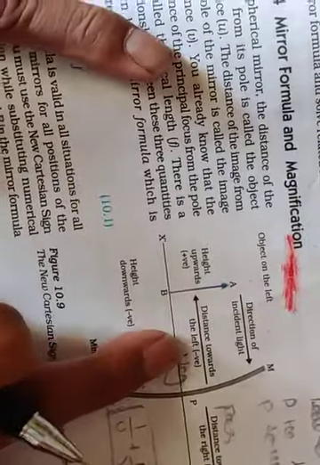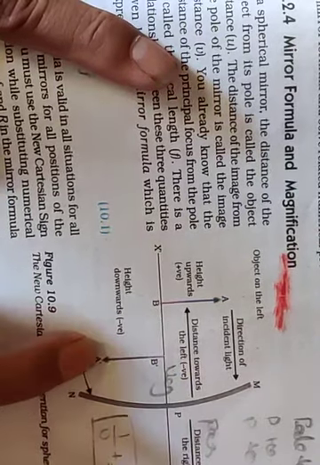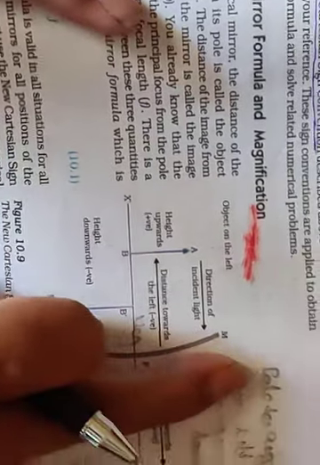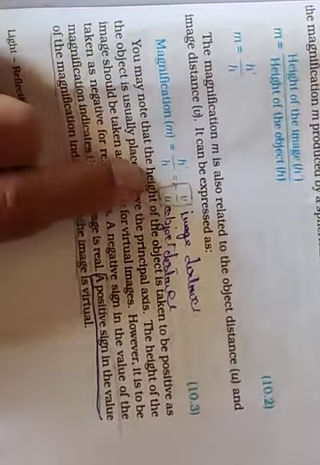We are going to get in a downward direction. No? So this is called a real image. If it reaches on the back side, then it is called a virtual image. Based on this, we are going to solve a certain problem.